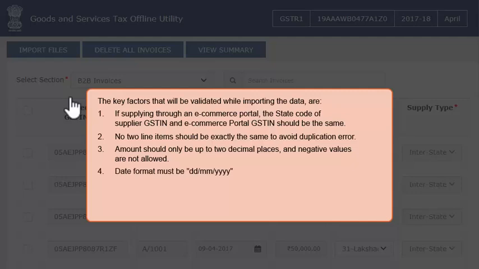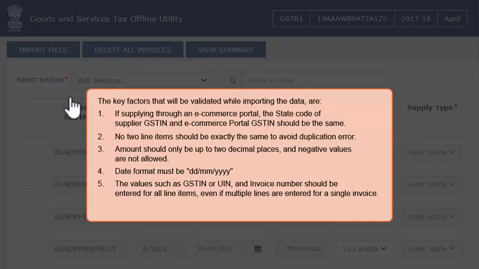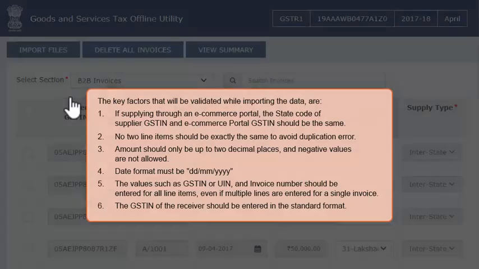Date format must be date, month, year. 5. The values such as GSTIN or UIN and invoice number should be entered for all line items, even if multiple lines are entered for a single invoice. 6. The GSTIN of the receiver should be entered in the standard format.